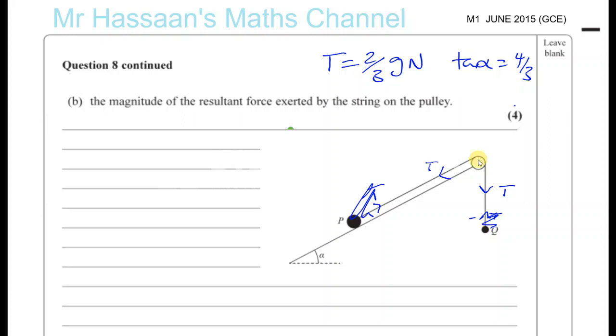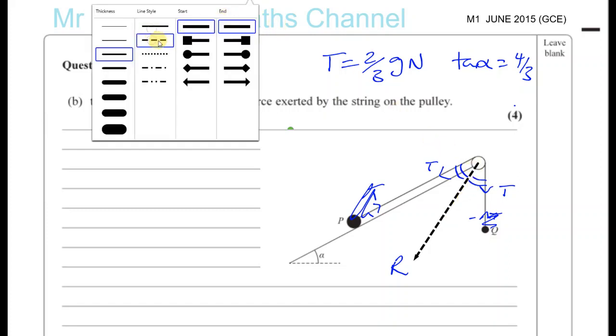So there's a number of ways of dealing with this question, but by far the simplest way is to consider that the resultant force of these 2 is going to act exactly halfway between them. Exactly halfway. The angle here is going to be the same as the angle there, because these 2 tensions are the same. So that's the resultant force. That's what we have to find the magnitude of. Now there's a number of ways of doing that, but the easiest way, I'll go through that first, is if you just think about a line